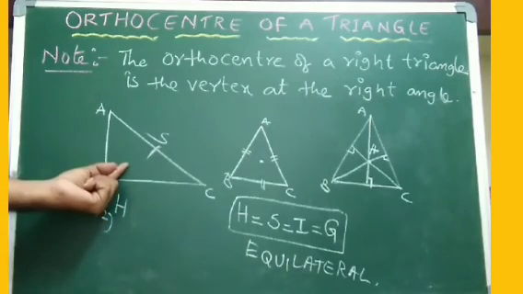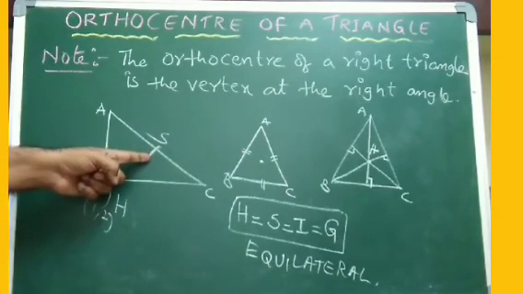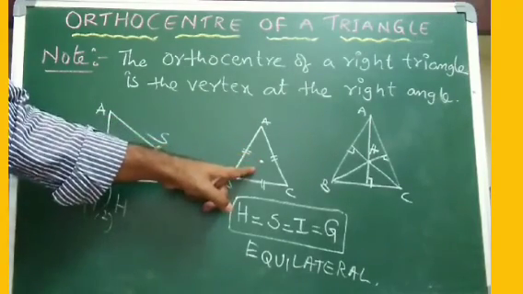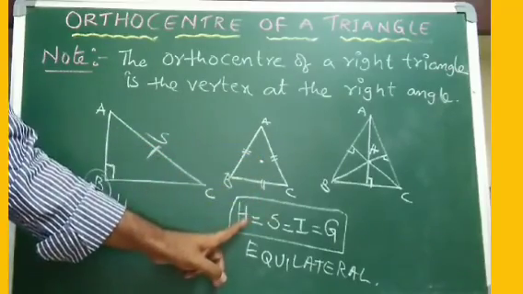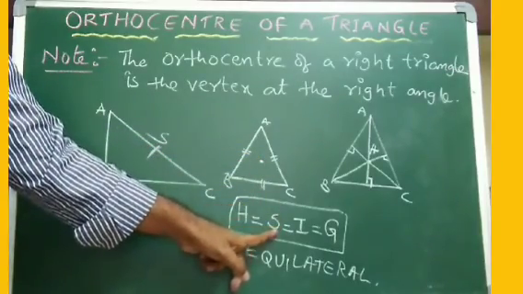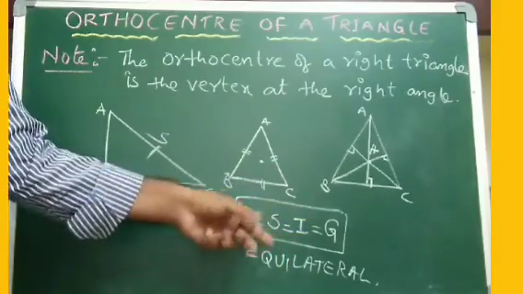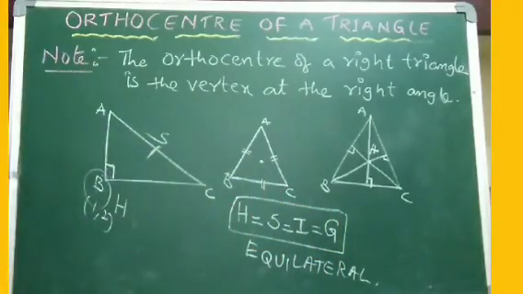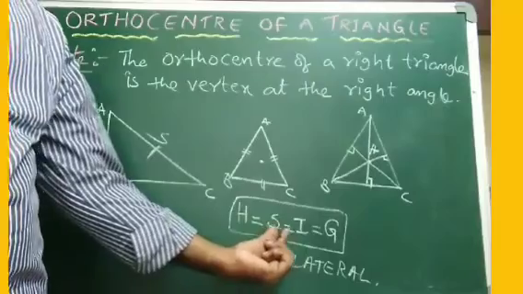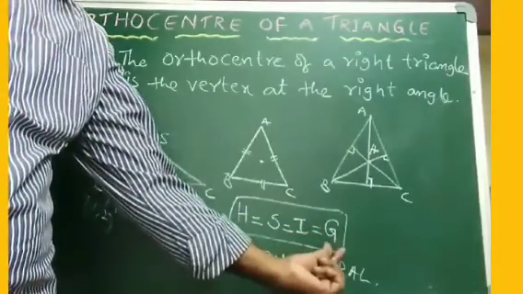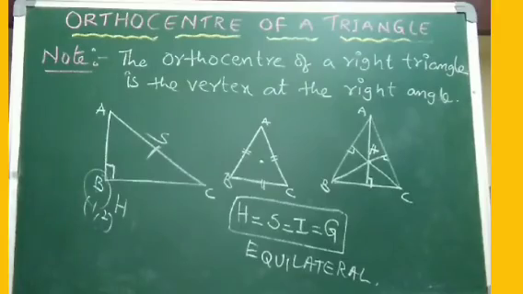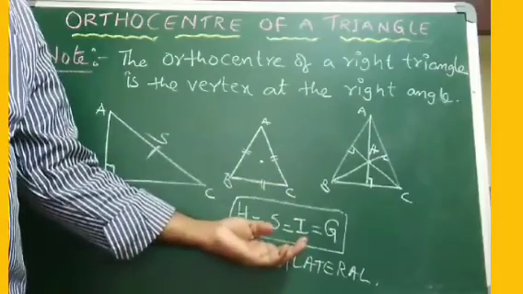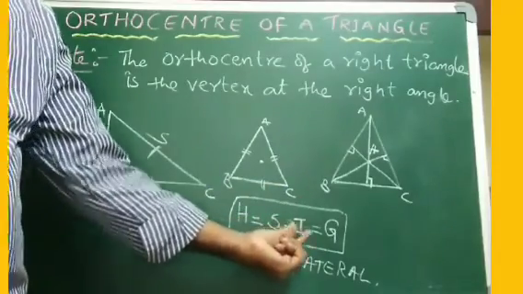And in a right angle triangle, we learnt in the last class that the circumcenter lies on the midpoint of the hypotenuse. And coming to the equilateral triangle, if you want to find the orthocenter, the circumcenter, or even the incenter, all these three coincide with the centroid. So the easy method is to find the centroid. Hence the centroid itself is the orthocenter, circumcenter and incenter.